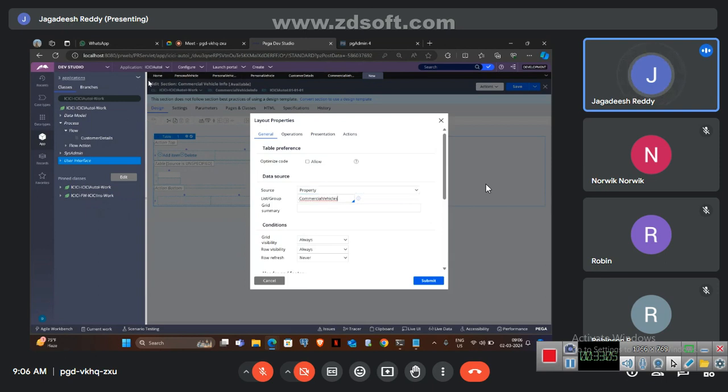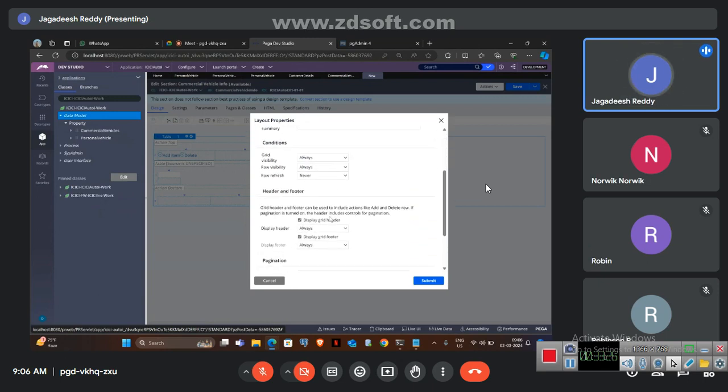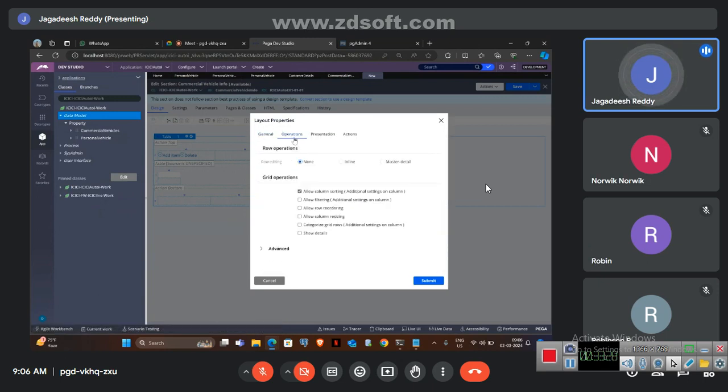Not commercial vehicle. If we refresh this app explorer, open data model, property, now we can see the two pages. Personal vehicle is a page property and commercial vehicle is a page list property. Okay, so currently we are using the page list as a source to the table layout, and in operations select